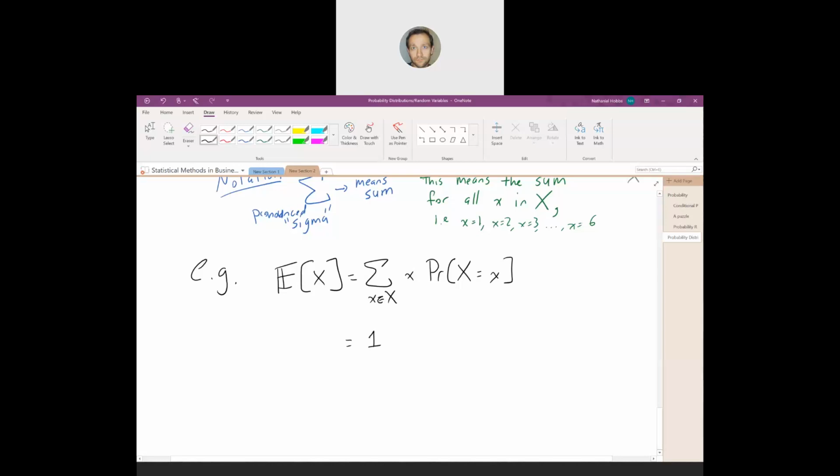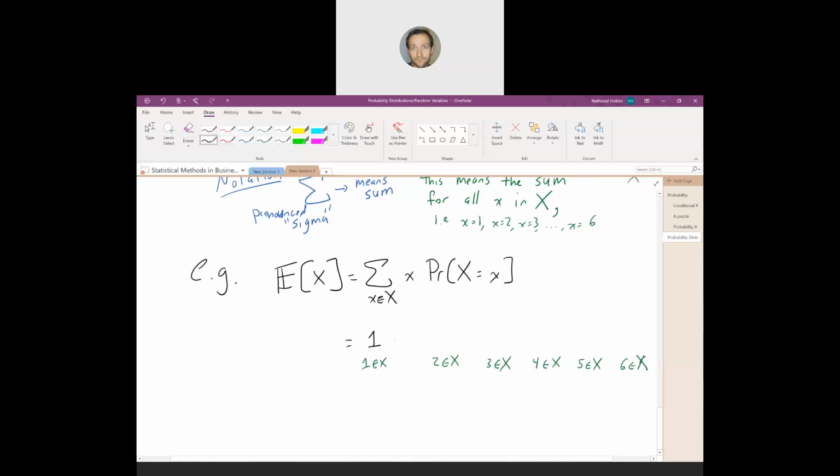So x can equal 1. 1 is in x. 2 is also in x. 3 is in x. 4 is in x. 5 is in x. And 6 is in x. So when x equals 1,